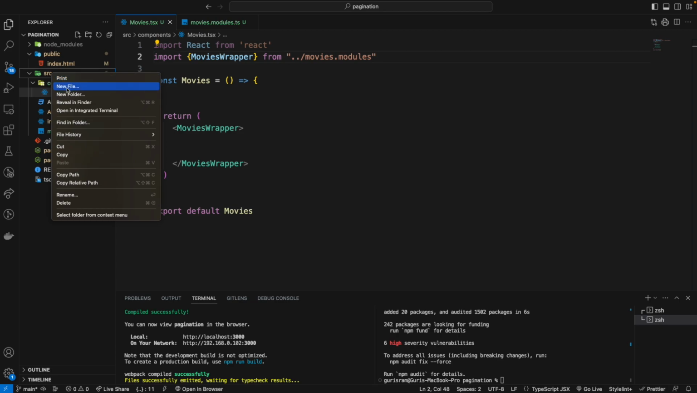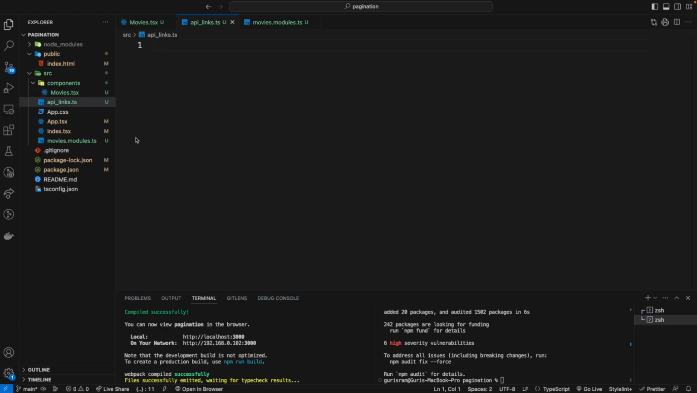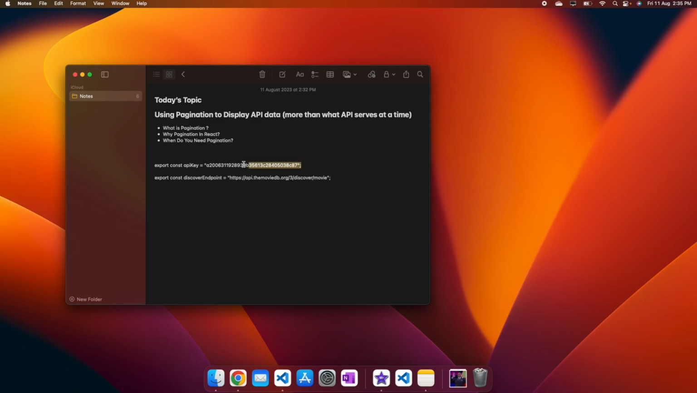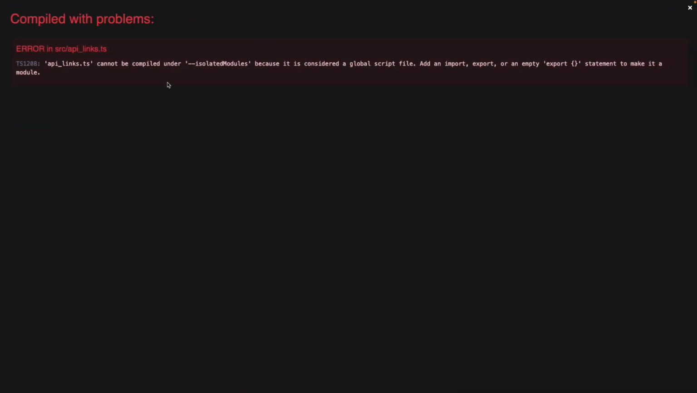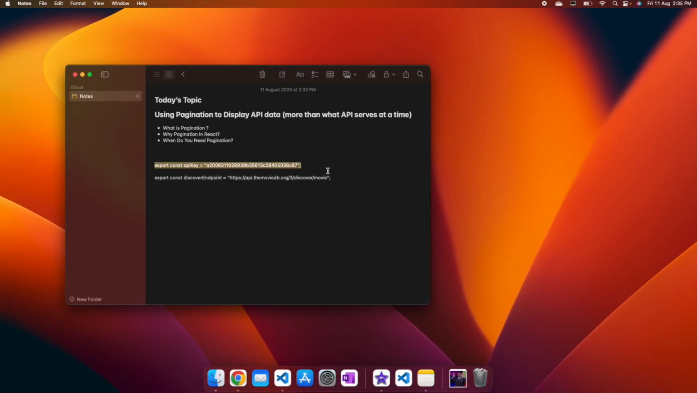So I like to keep my API links and endpoints in a separate file. So we can name this API links.ts. And in the previous video I was trying to blur my API key, but I'm just going to give it away. So if you want to use my API key to see if it's working, I'm going to show it to you. This is my API key. I'm just going to copy paste it here. So you can use this API key to use the information from the TMDB, and the endpoint I'm going to use